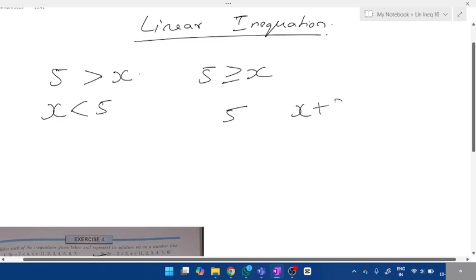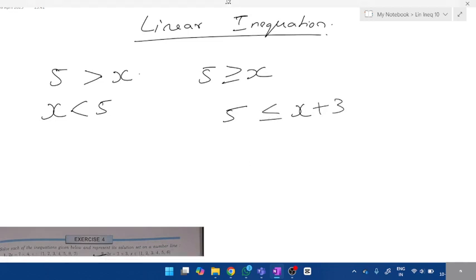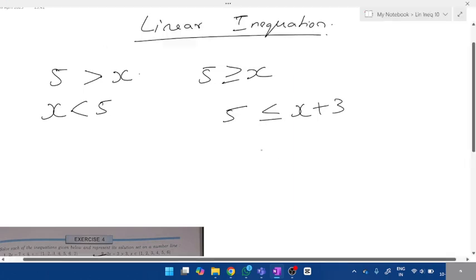5 plus 3 is less than x. How do you solve this equation? Don't change x. Wherever x is placed, keep it as it is. 5, keep it as it is. x, keep it as it is. Plus 3 goes to the other side and becomes